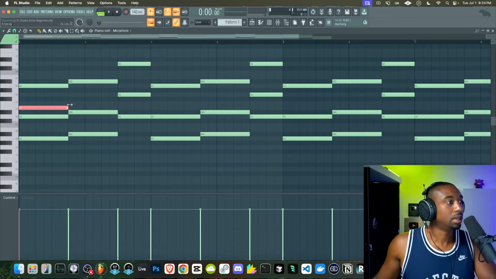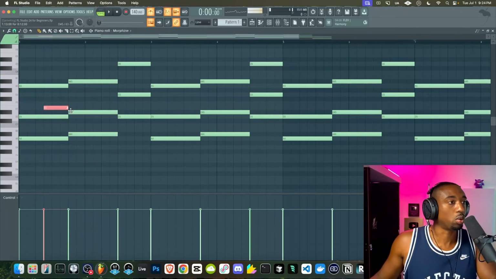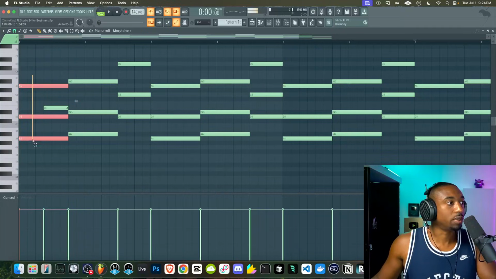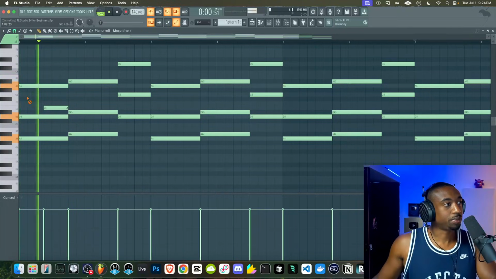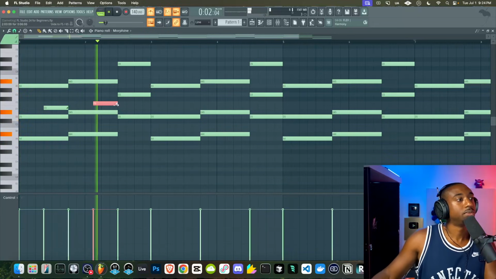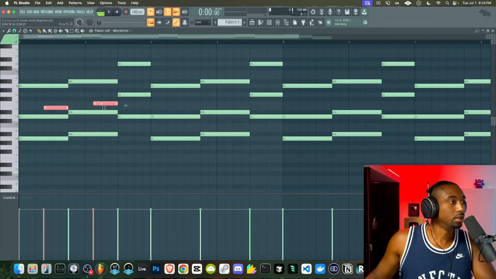Hit accept. Now we need to give it a length. Let's make this length like half the length. So now it goes, okay. Now the thing is, all of these notes will slide to this note. So let's do that same formula. Take this note, make sure it's 5 notes down. 1, 2, 3, 4, 5. Okay, and we can just duplicate this.